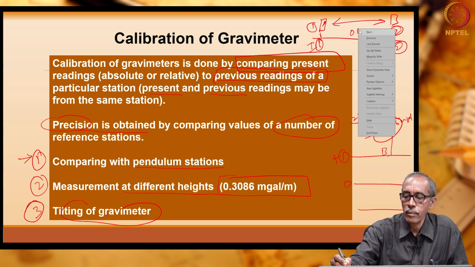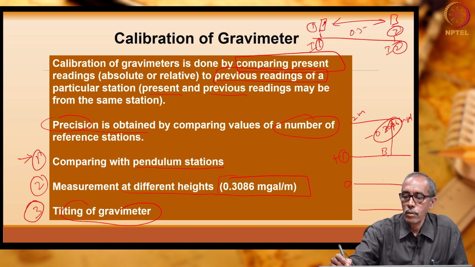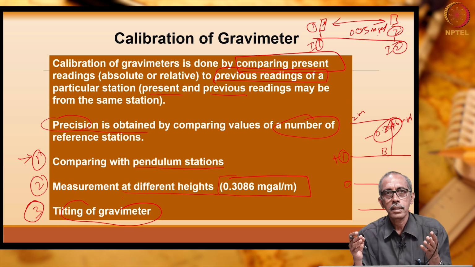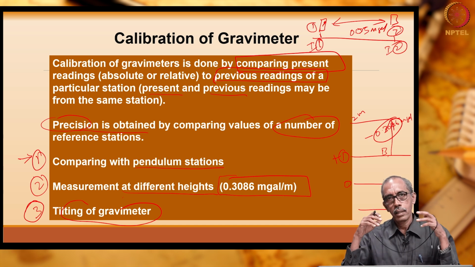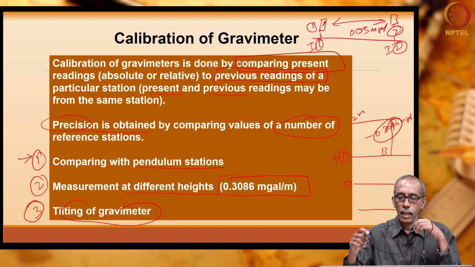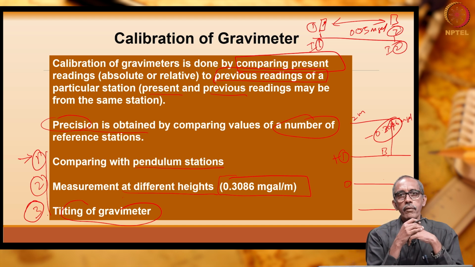Let us assume it is 0.05 milligauss. This is the difference I got. At these 2 stations, we already know the gravity value because it is a pendulum or international gravity station. So, we know the difference between the 2 stations, the values are already published. If it is 0.05, we are happy. Suppose whatever method you have used, the value which we are getting is not as expected, then we need to